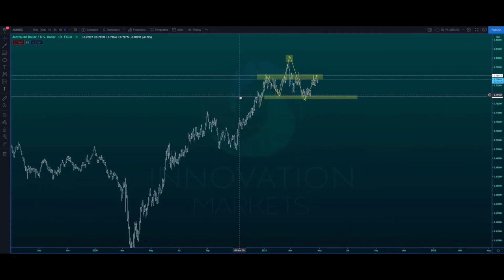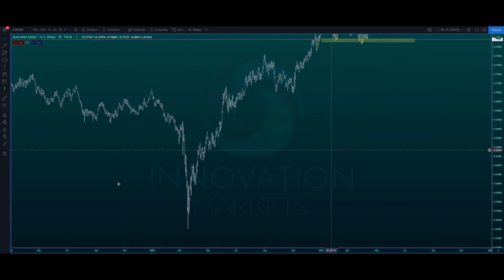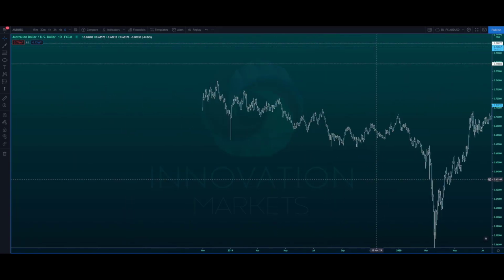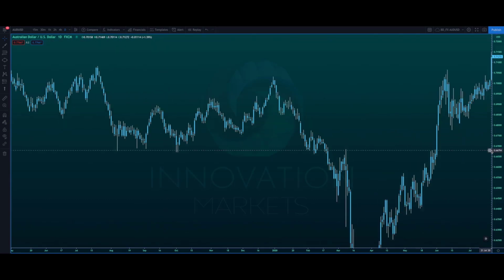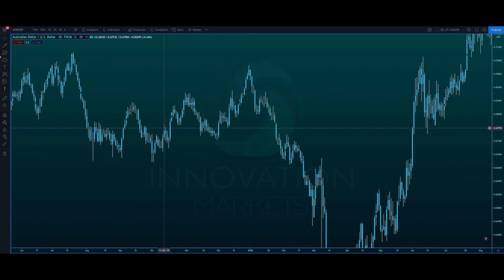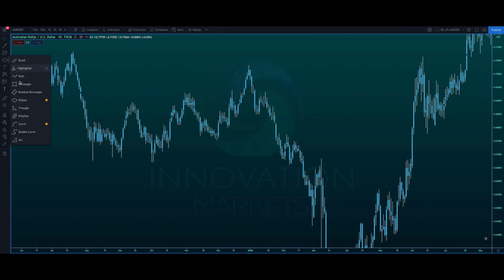I'll just break this back down. I'll leave it for a minute. You can see here, this is a daily chart. Let's just have a look here. Where else can I see? So this is a daily chart. I'm just going to go back slightly and have a look, and we'll do this on the lower time frames. Let's just have a look. Where else can we see? Here we can see